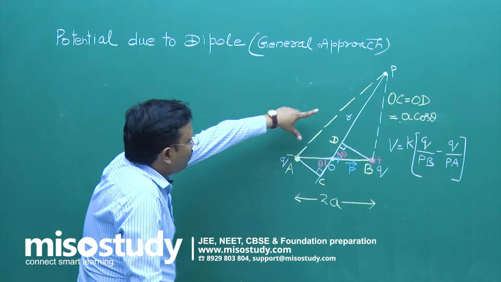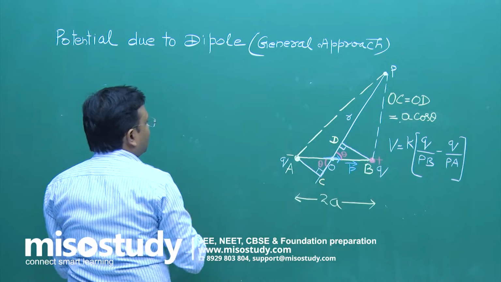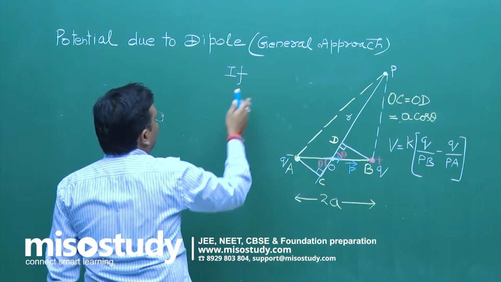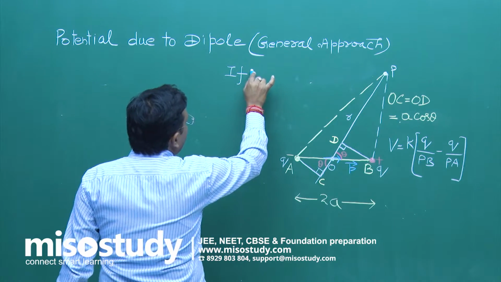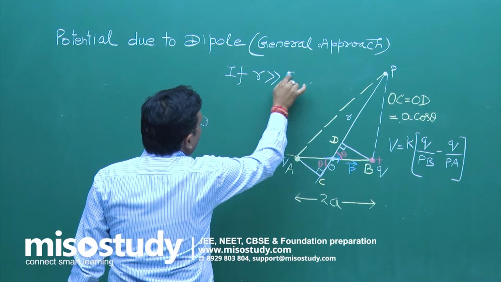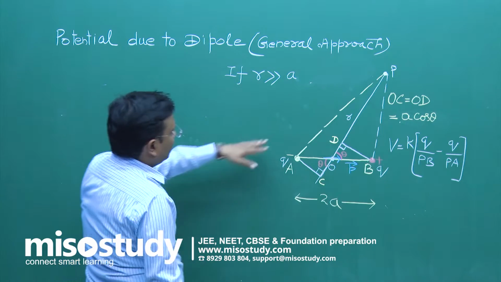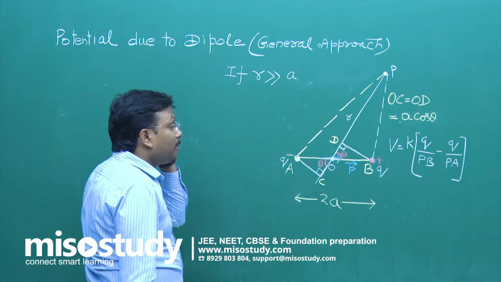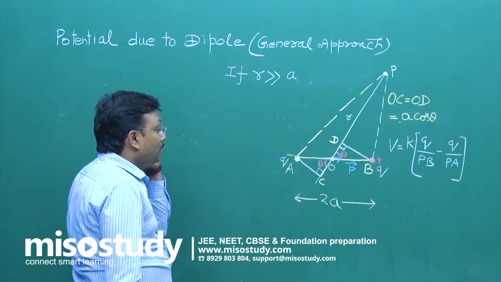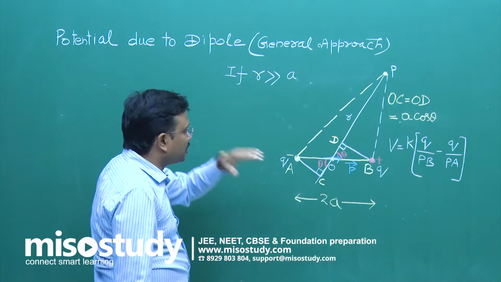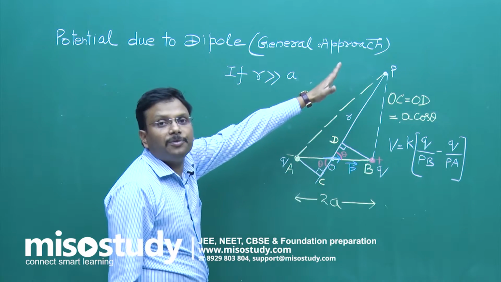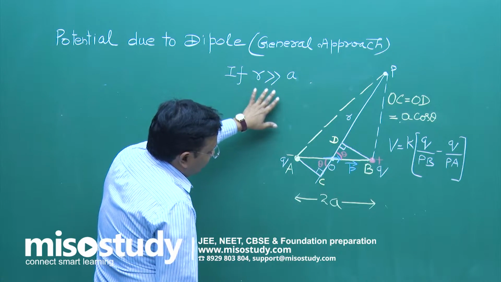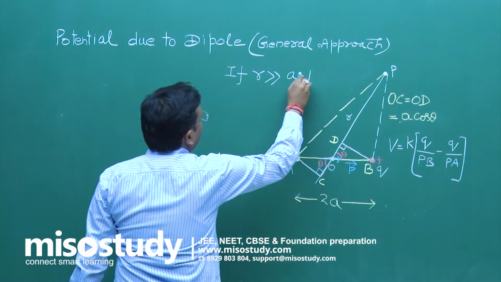Fine. So from the diagram one thing is crystal clear, that if R is very much greater than A, that is, OP is R, and if the value of R is very large, it means what? It means the point at which we want to find the net potential is situated far away from the center of the dipole. So that's why I mentioned if R is very much greater than A. Fine. Then